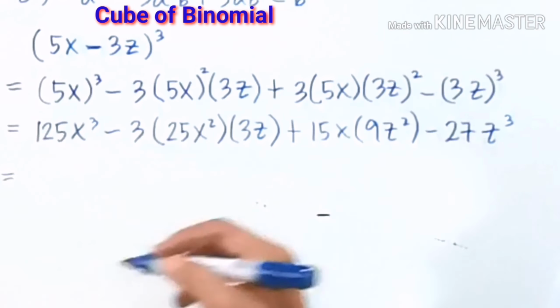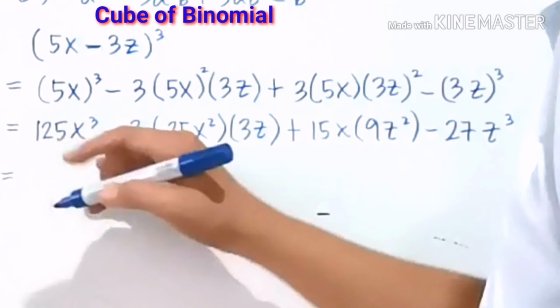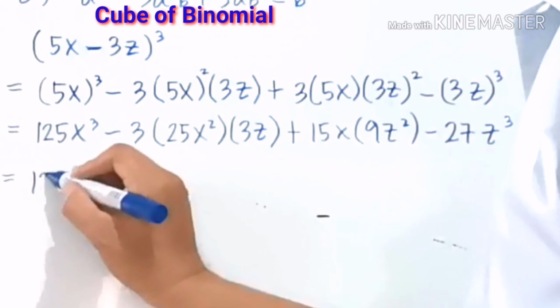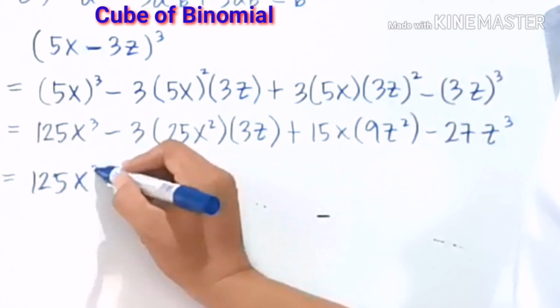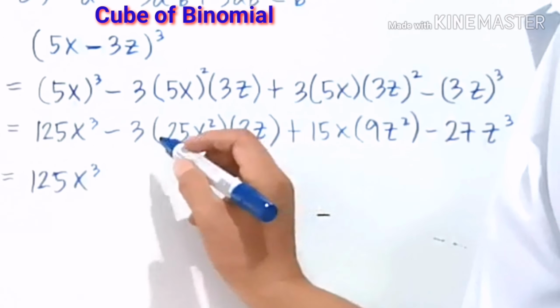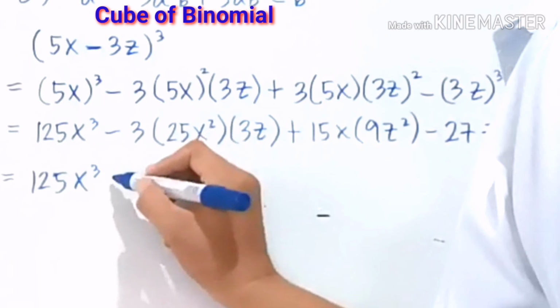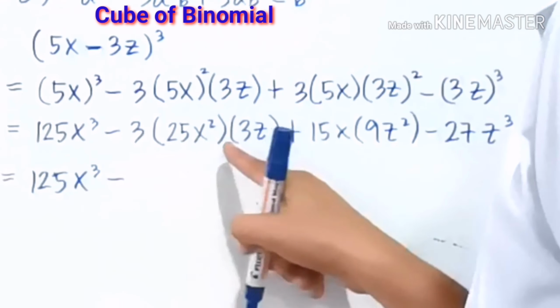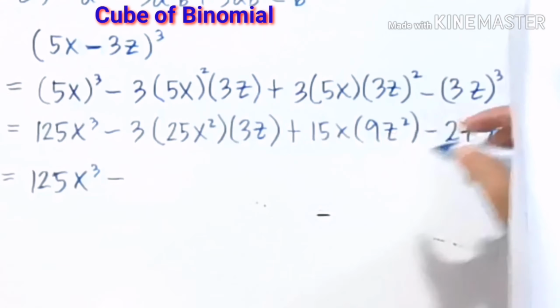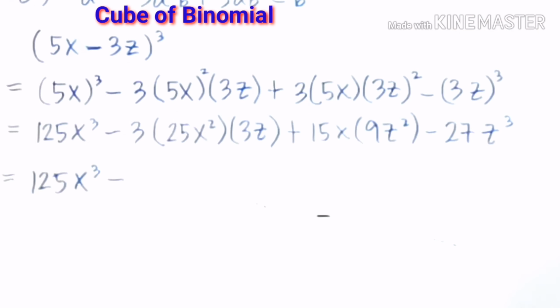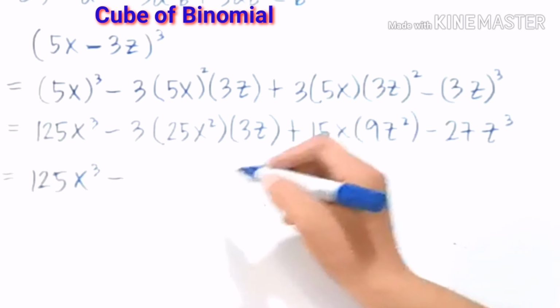Then we are going to simplify another stage: 125x cubed. If we multiply this 3 here, 25 by 3 is 75, multiplied by 3, we have 225